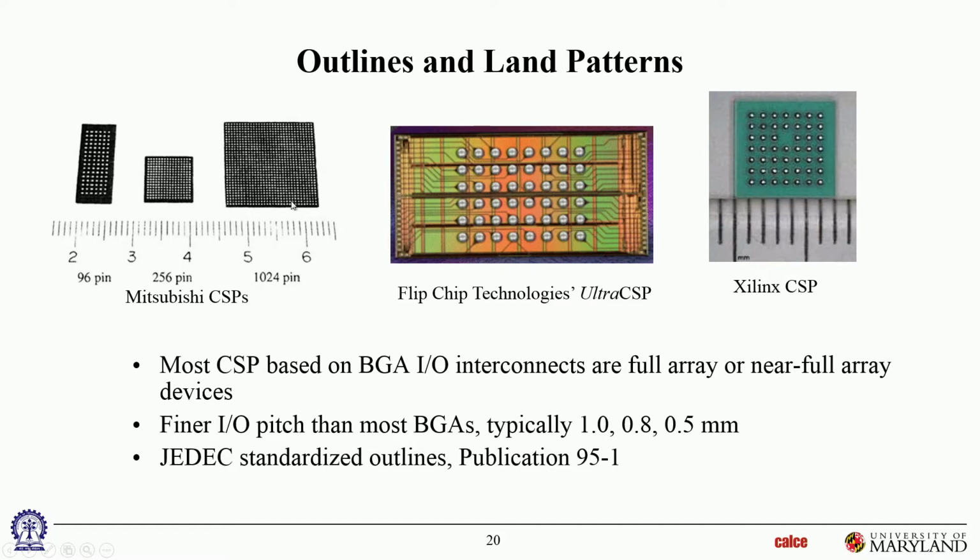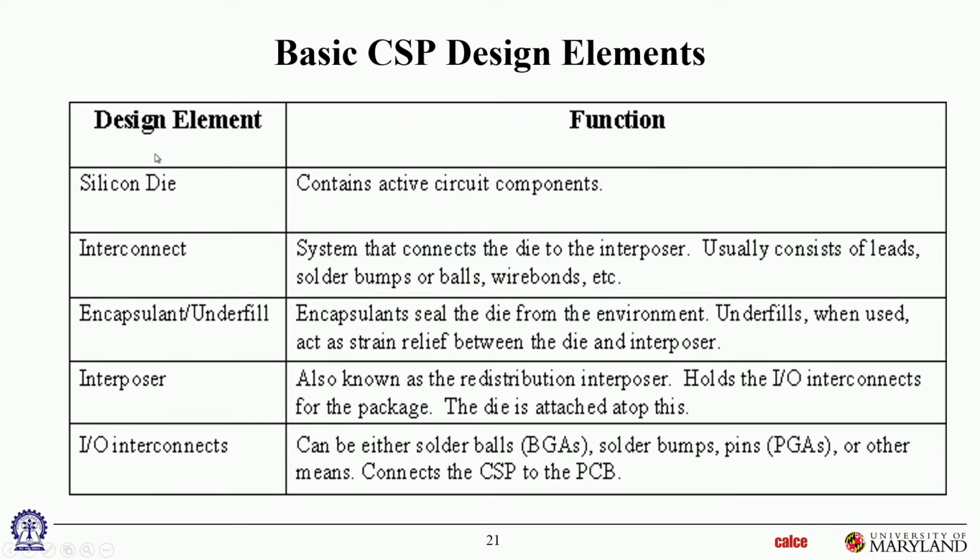So you can see many different configurations here, different companies with their packages, Xilinx, Flip Chip Technologies, Mitsubishi. And dies don't always have to be square. Sometimes they're rectangular dies. That's a rectangular die, that's a rectangular die. And the substrate is also about the same shape as the die. Okay. And of course, in some cases, there may be multiple dies on the other side. But these particular pictures I'm showing all have single dies. But there may be cases where it's rectangular because there are multiple dies side by side on the other side. Okay,